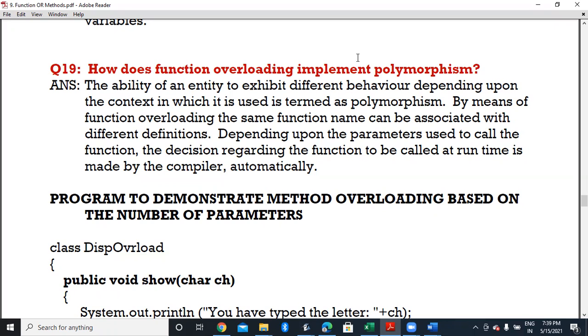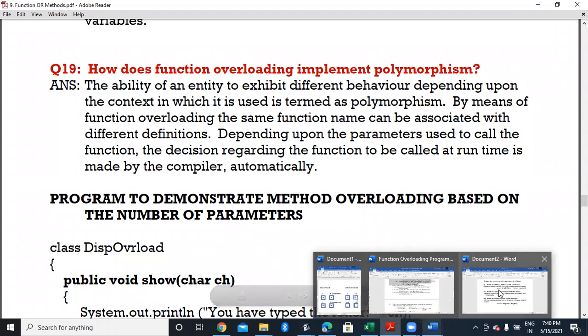So till now you had done programs where you were using distinct names for the different functions that you were using. But in function overloading, using the same name, you can do multiple functions or multiple operations. Now, let us understand with the help of an example.